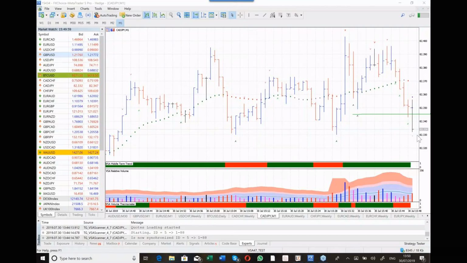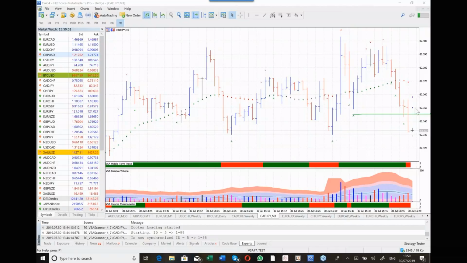Now, here we go. Right, it's bounced right off the clusters that Grigory just talked about. See, it hit them, rejected them. Now we come down. But we are not selling at the moment. We need to see absence of interest of the professionals to the upside. So we are waiting for price to correct up at the moment and to show us VSA signals like an upthrust or no demand on an up move. So we are still waiting.